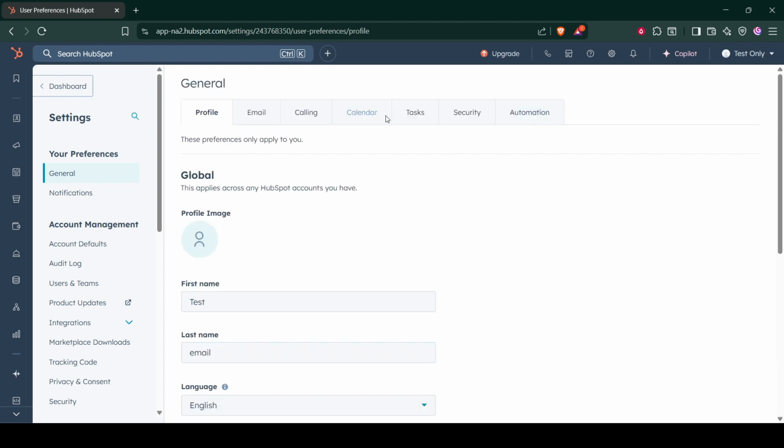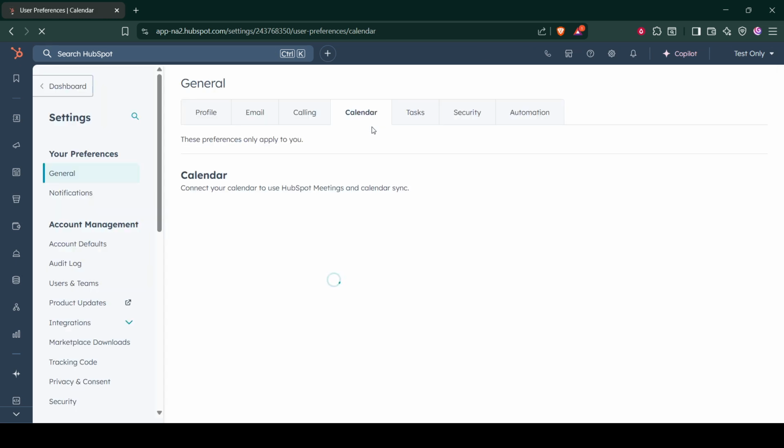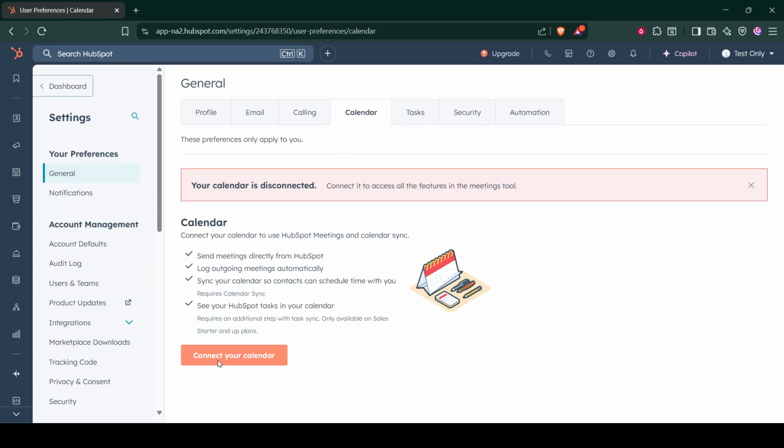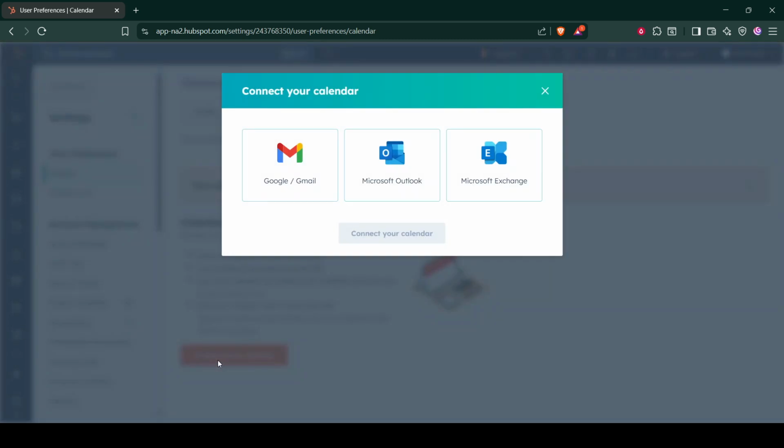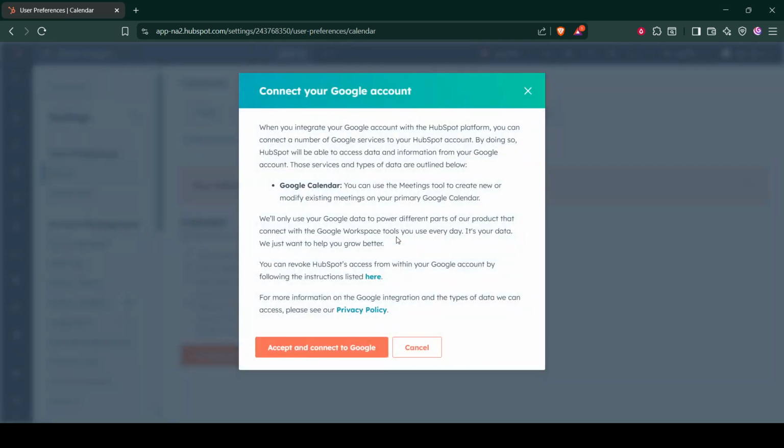Now it's time to connect your Google Calendar. Under Calendar Integration, there's a clear call to action that says Connect Calendar. Click on this and you'll be prompted to choose which calendar service you want to integrate. Go ahead and select Google/Gmail. A Google sign-in pop-up will appear. From there, just select the Google account you wish to connect. This step is crucial as it ties HubSpot to the calendar you rely on most, ensuring that all your events